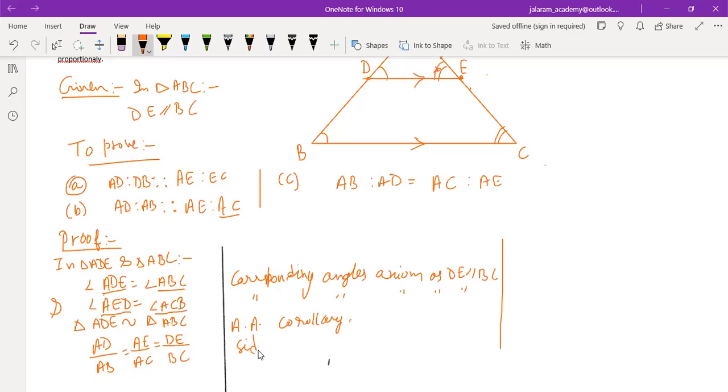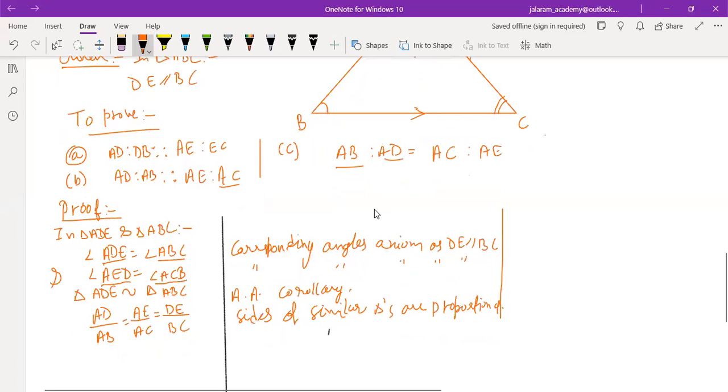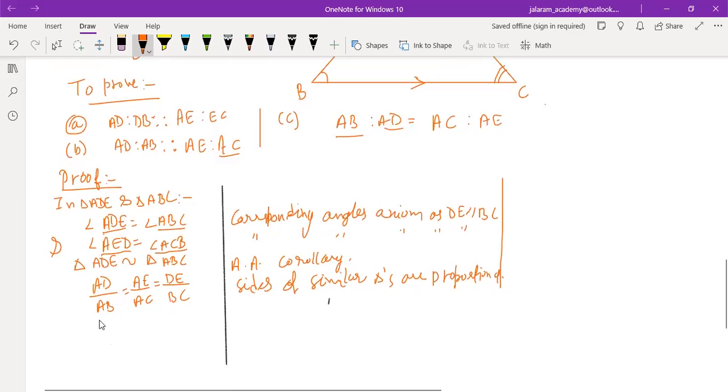The reason is sides of similar triangles are proportional, and this is one of the things to prove also. We have to prove AB upon AD equals AC upon AE. So if we take only the first and second part, AD upon AB equals AE upon AC, and using the property of proportion,